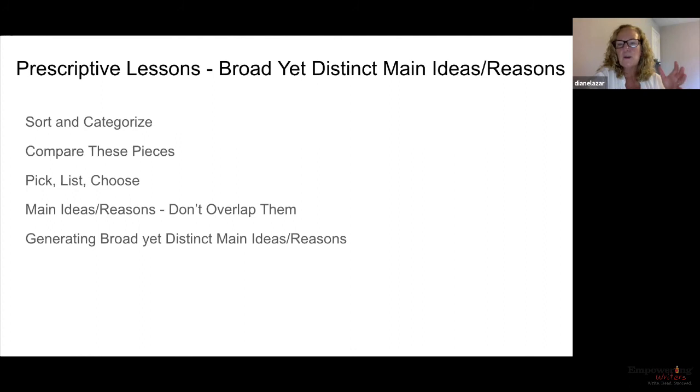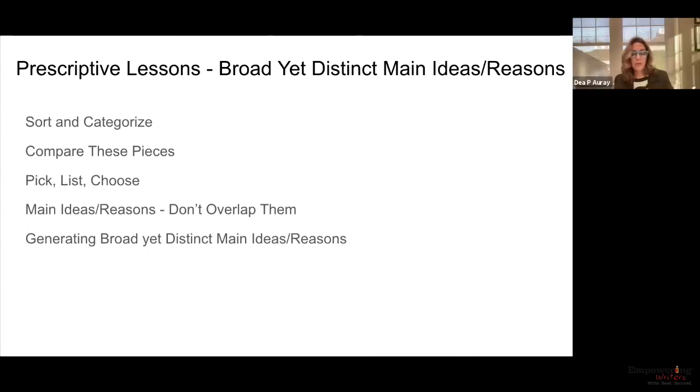Remember, this is representative of what's happening in my classroom. So I want to go back and shore up this skill so that every other skill I teach afterwards really follows from this particular skill. That's a real aha moment when we realize that if we have those broad yet distinct main ideas, it's so much easier to put the details in the right paragraph. That's why there were details about animals in the first paragraph and then again in the next one. And you saw all of that happening. It wasn't the detail itself, it was the main ideas that that student struggled with.